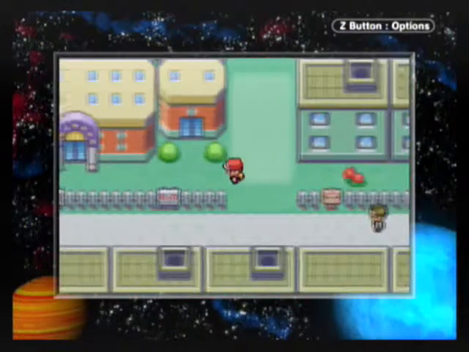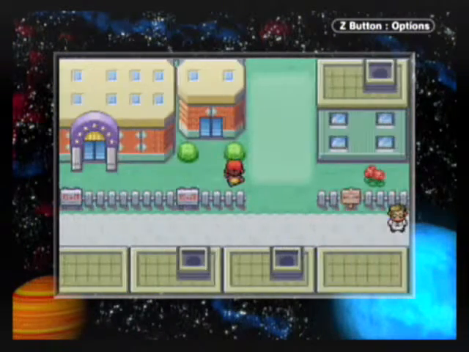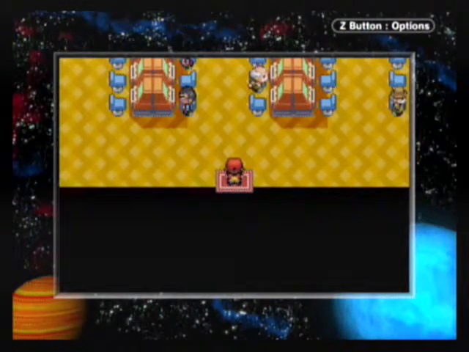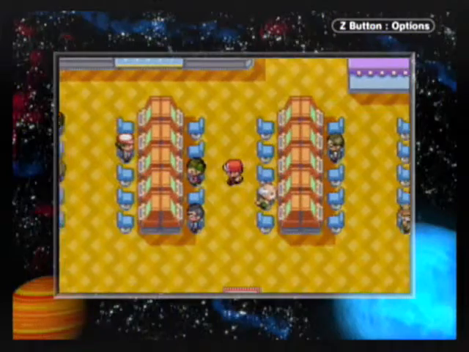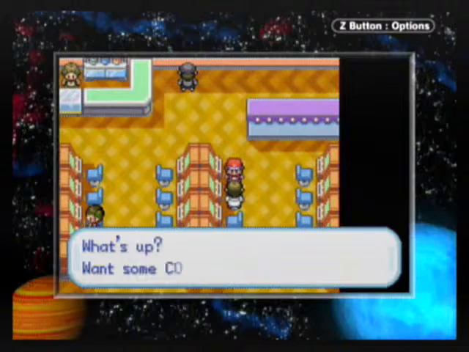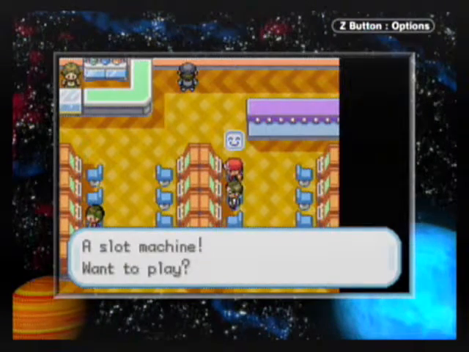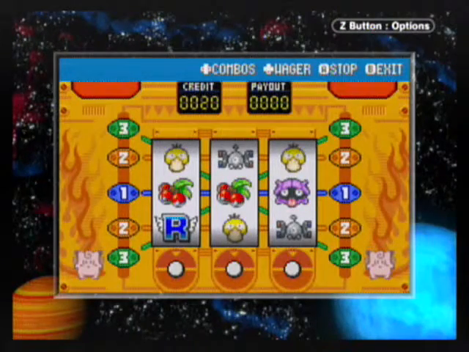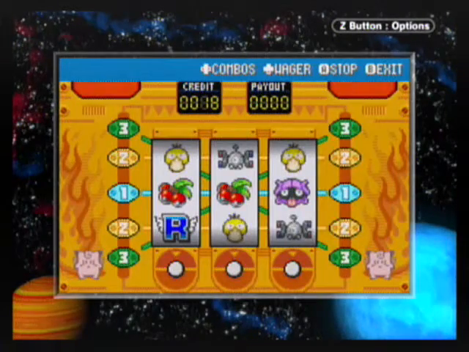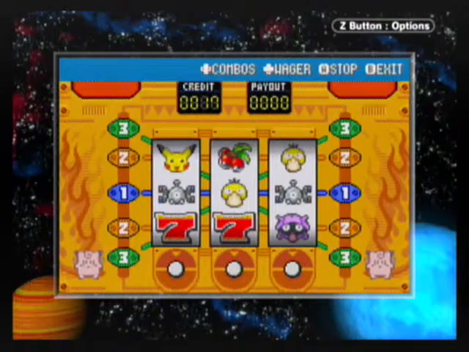Where did he go? Okay, well, clearly the one thing we can figure out is that everything seedy involving Celadon City's underbelly comes back to the game corner. And there are these slot games you can get, and I'm gonna go and show them off with these free coins from this nice guy. And you get a little smiley face. Basically, it's